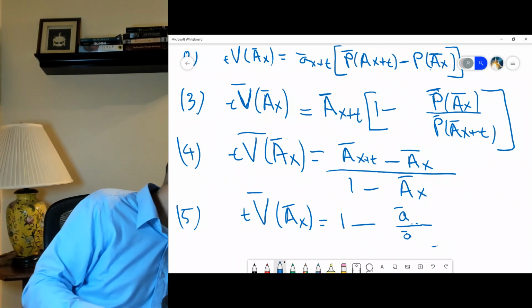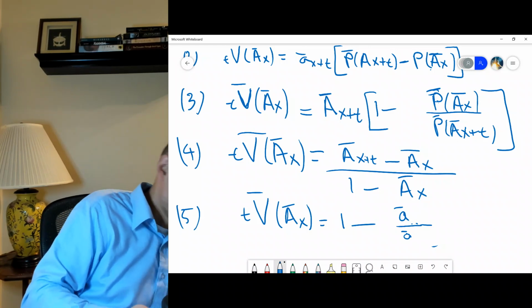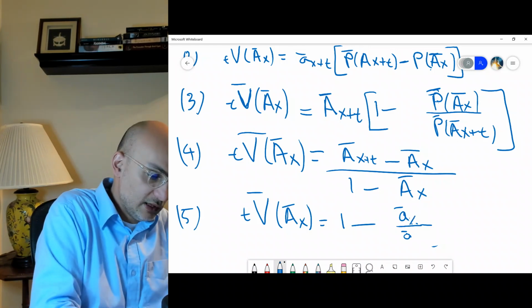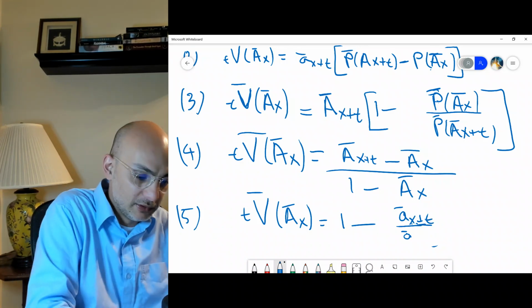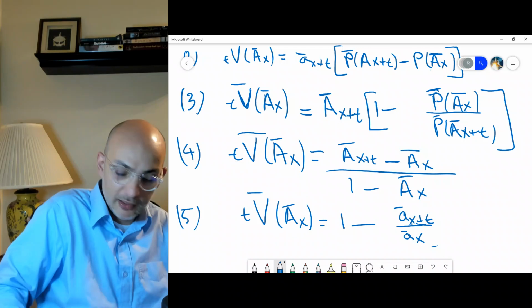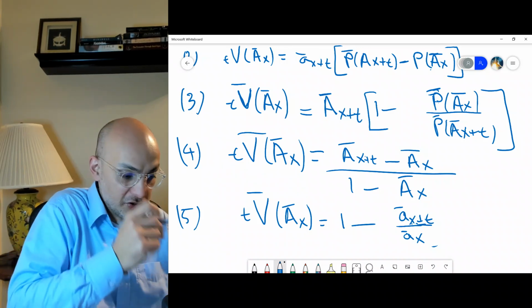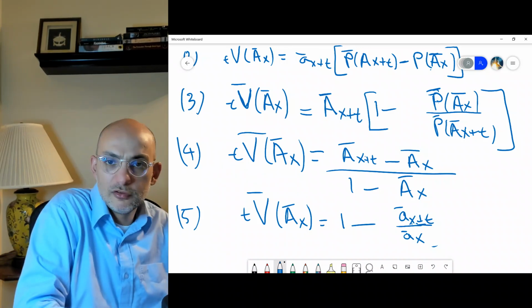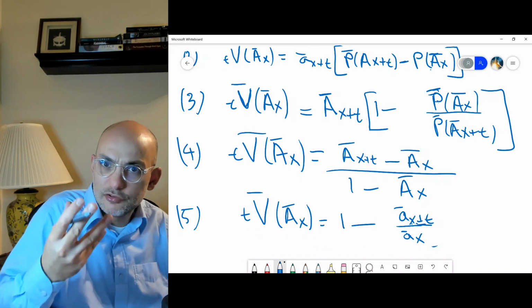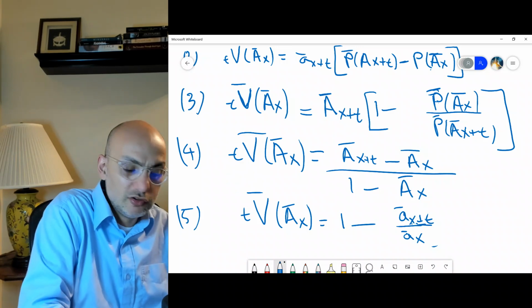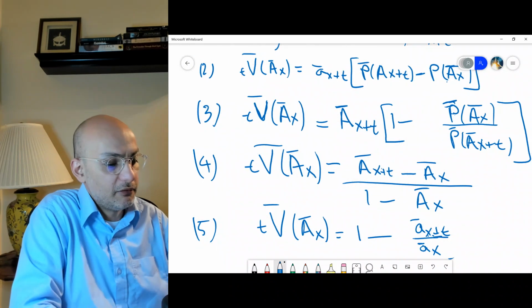Can I just verify it quickly? Sorry, this one is AX plus T. Yes, for the 80 years old, you have a shorter life for the annuity. This is the bigger one. It seems I put it wrong in my note, but always use common sense, right? I wrote it wrong in my note, but logically the bigger one should be the denominator. The bigger one is the younger one, who would have so many years to pay for the annuity, so it will be bigger. So now you have 5 of them,